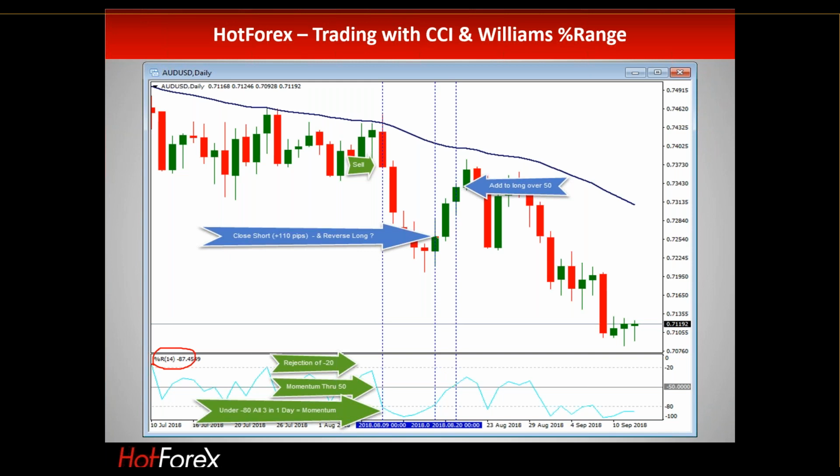So riskier traders would have jumped in here, perhaps less risky traders there. Conservative traders would have jumped in here when we'd broken back over the 50 line and more momentum. But as you can see here, that momentum thing we talked about has failed again. We failed to break the 50 period moving average, the blue line. We failed to get back to our -20 and it's turned down again, and then it's gone short again